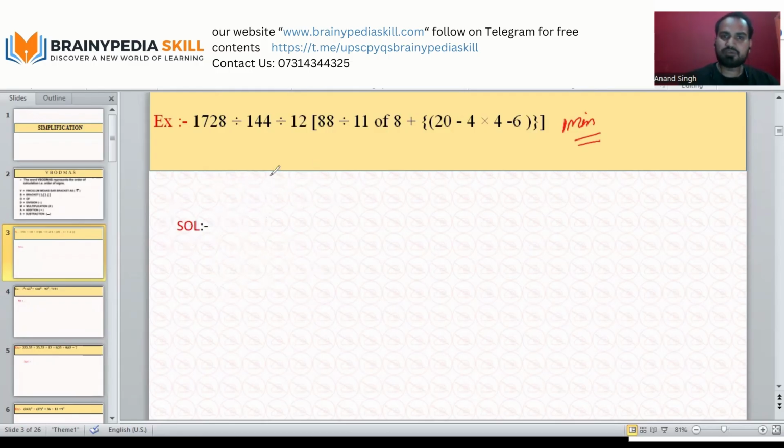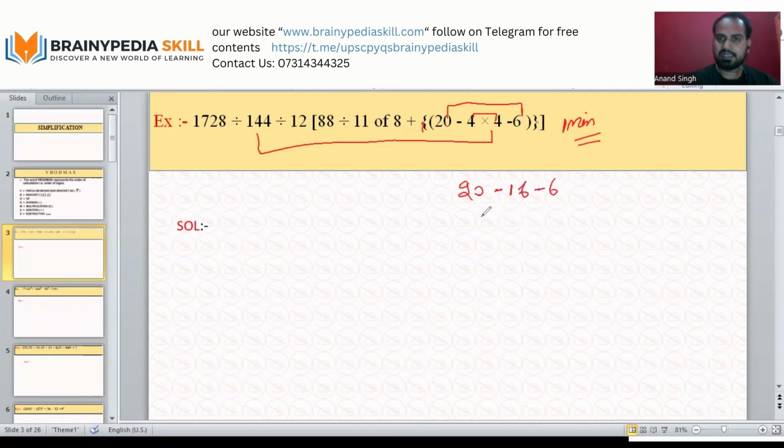Now, I just told you we have to follow the BODMAS rule in these types of questions, right? So which part do we have to solve first? Correct. This part we are going to solve first, right? It is a part of this curly bracket. So this particular bracket has to be solved first, and then we can move to the square brackets later on, right? So first of all, we are going to solve this one. This is going to be 20 minus 4 multiplied. In this, we have to multiply first. So this is going to be 20 minus 16